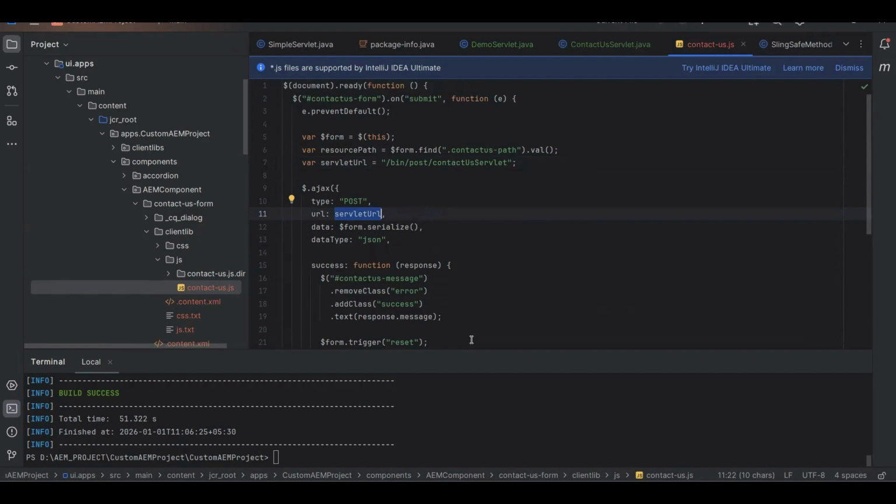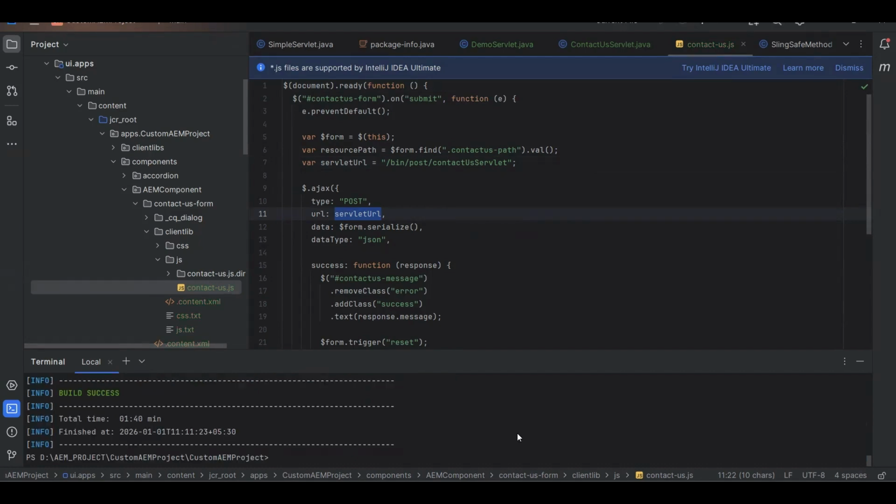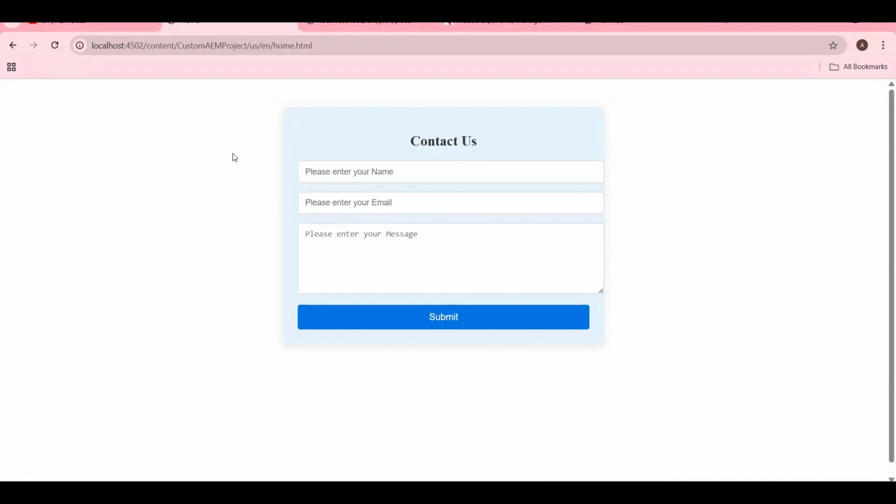Let me quickly build the code and let me check the contact us form. Let me submit the contact us form and let me check that as well. Okay, the build is completed here, right? So let me go to the page here. Within the home page, we already added our contact us form, right? So here we'll directly do like